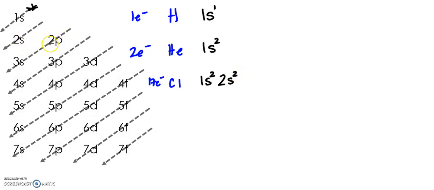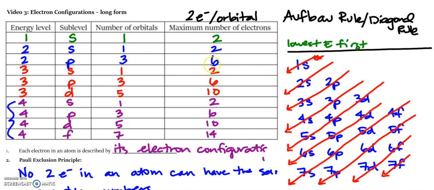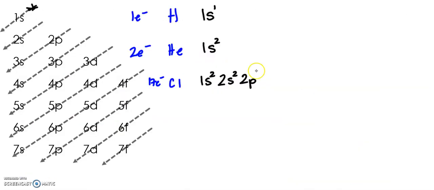After 2s comes 2p. And p can hold 6 electrons maximum. So I'm going to put a 6 here. So there's 10 of my 17 electrons. After 2p comes 3s. S can hold 2. So I'm at 12. After 3s comes 3p. And it's a p, so it can hold 6, just like 2p, but I only need 5 more to get